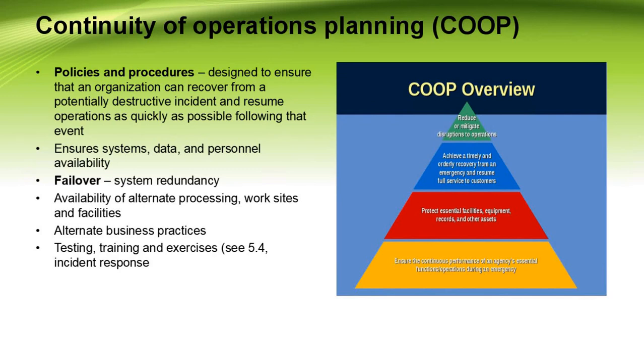The overall goal of continuity of operations planning is to determine which subset of normal operations needs to be continued during periods of disruption. Continuity of operations planning involves developing a comprehensive plan to enact during situations where normal operations are interrupted. So this includes identifying critical assets, critical systems and interdependencies, and ensuring their availability during disruptions.